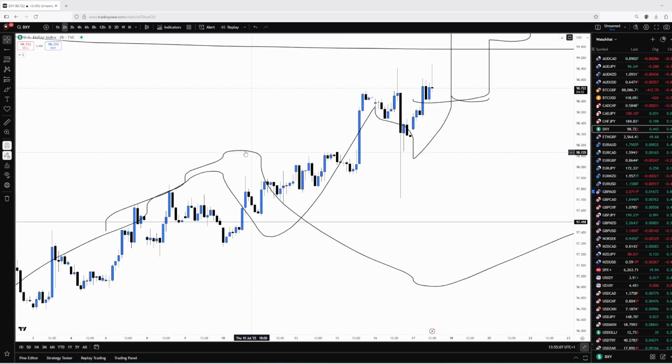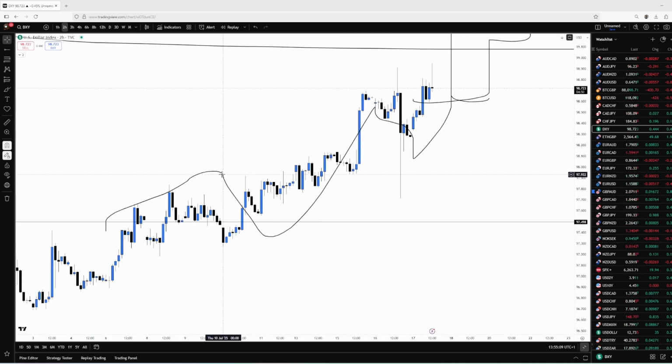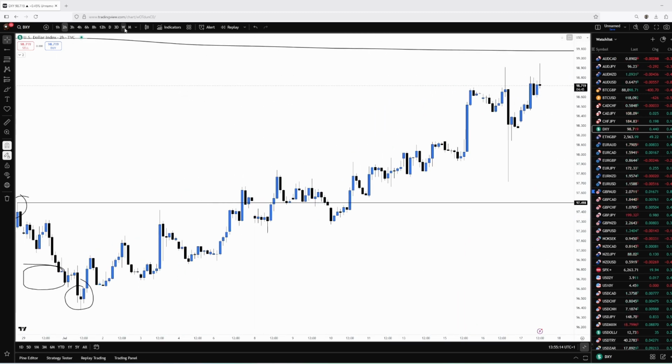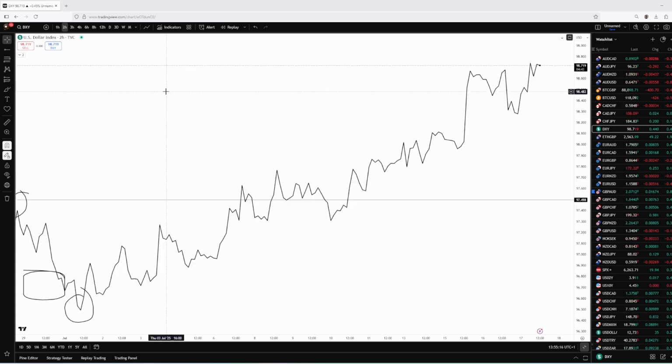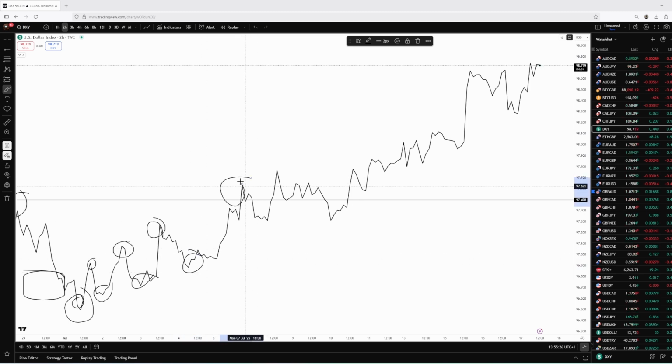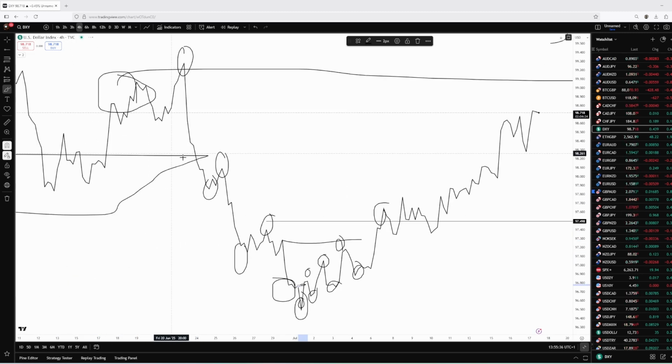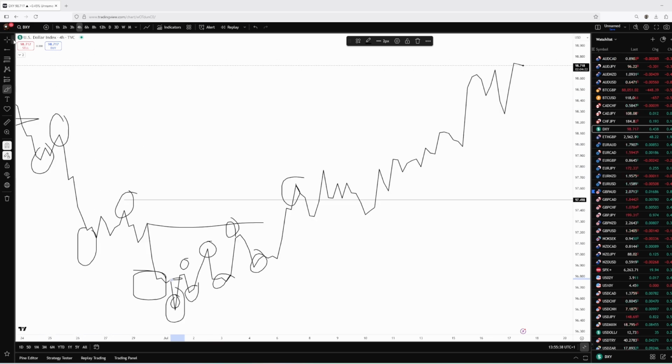And you can see structure here, if I just move it onto a line chart, would be higher highs and higher lows, isn't it? So you can see how low, high, high, high. That high was then broken here. You could have, I guess, done it there, but that's quite an aggressive break of structure. But this was the sort of high time frame, 1 hour, 4 hour ish